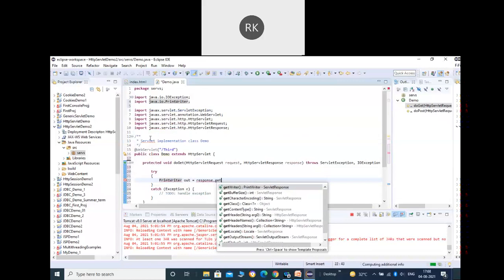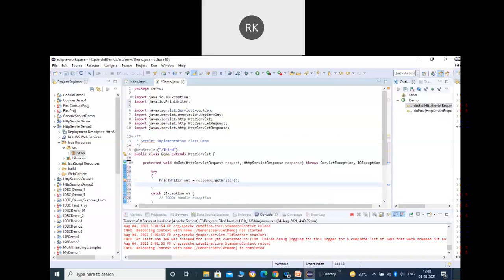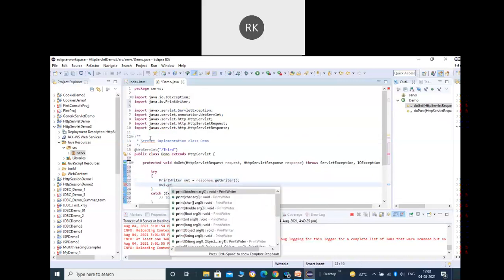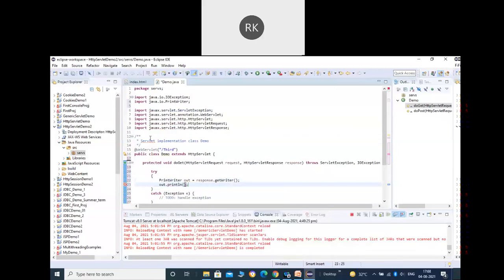The main thing is that we have the doGet and doPost methods available here, and we can write the code according to our requirement. You can delete whatever code is available there and write your own. You can define the try catch, and here you can have the writer, let's say out, through response.getWriter. With this out, I can use println.